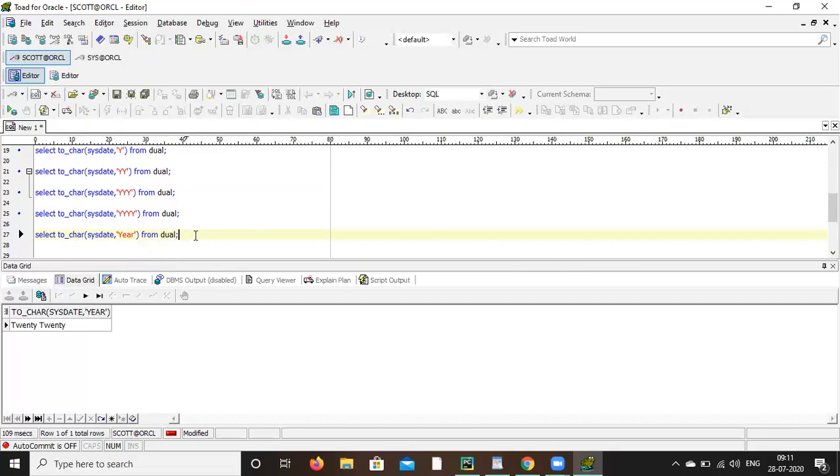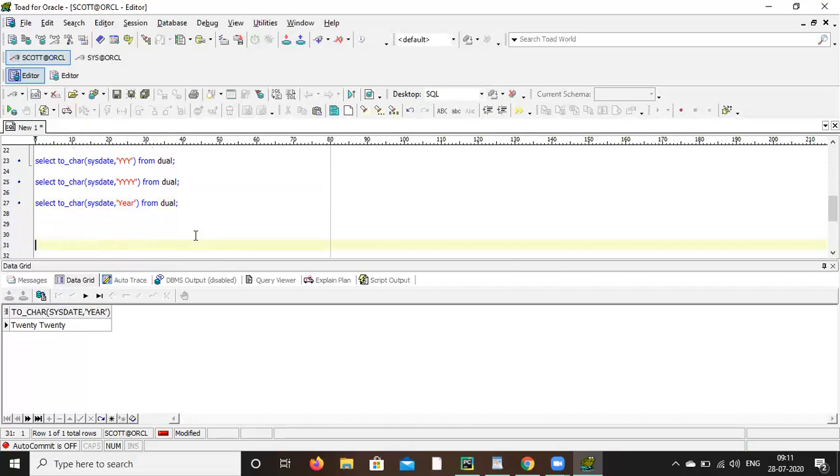It will translate into words. So maybe sometimes they may ask an interview question, convert this into words. So if you know this, then you can easily do it in just one line.